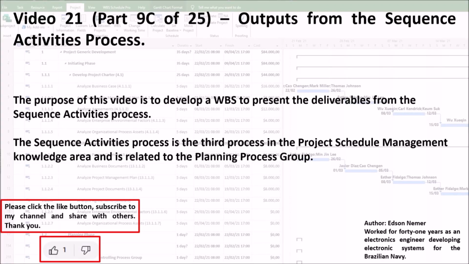Video 21, Part 9C of 25, Outputs from the Sequence Activities Process. The purpose of this video is to develop a WBS to present the deliverables from the sequence activities process. The sequence activities process is the third process in the project schedule management knowledge area and is related to the